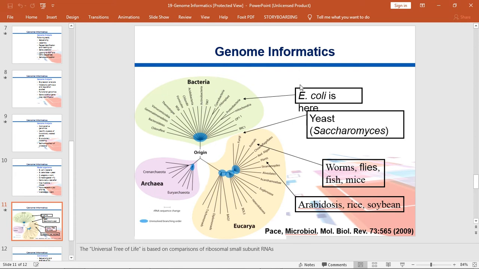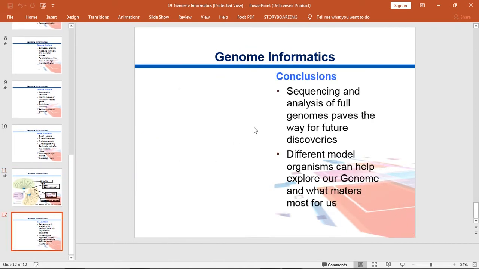यूकैरिया। ठीक हो गया। और इकोलाई इज फ्रॉम बैक्टीरिया, यीस्ट सैकरोमाइसिस is from this eukarya, and then worms, flies, mice is from eukarya, arabidopsis, rice, soybean is from eukarya plants। ठीक है। इसके बाद चलते आगे है कंक्लूजन, सीक्वेंसिंग एंड एनालिसिस ऑफ फुल